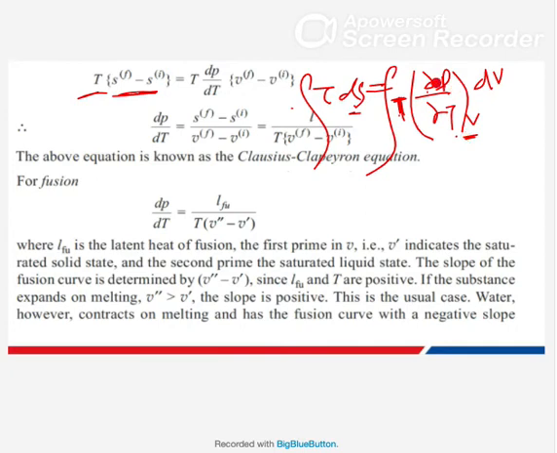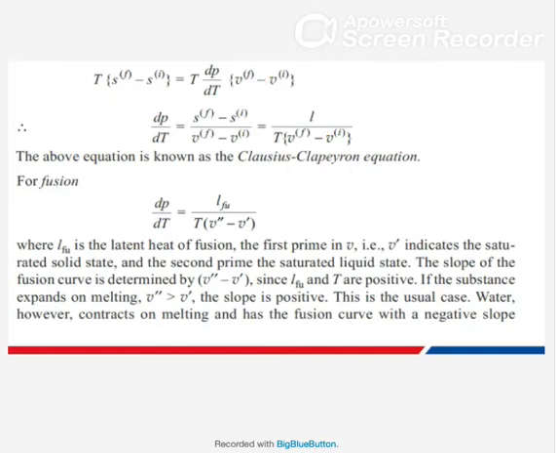So you can write ∂P/∂T as dP/dT because it is not a function of temperature. It is also not a function of volume. So what is left out is dV, which is Vf minus Vi. So this is your equation after integration. And if you rearrange this, what you get is dP/dT equals Sf minus Si upon Vf minus Vi.